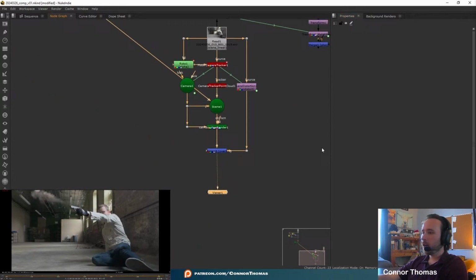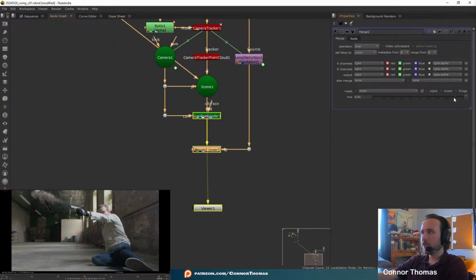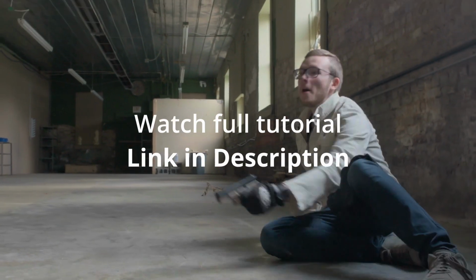And now, the other thing that we can do to really allow this to sit into our environment a little bit better is we're going to composite the overall grade of this. Now we are using 3D for this shot, so one thing that we can easily do is adjust the amount of mix between the merge here and the background. Okay, now let's go ahead and view this with our muzzle